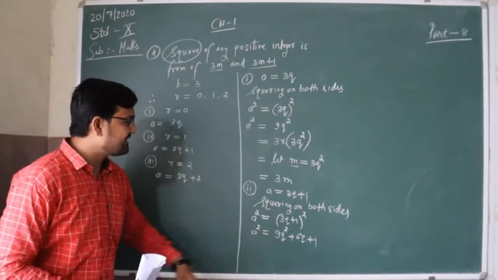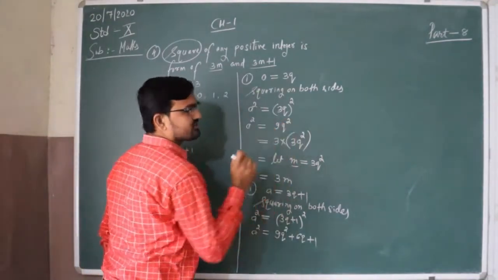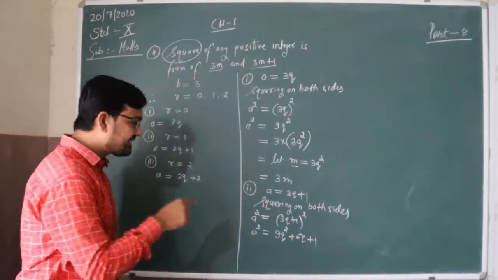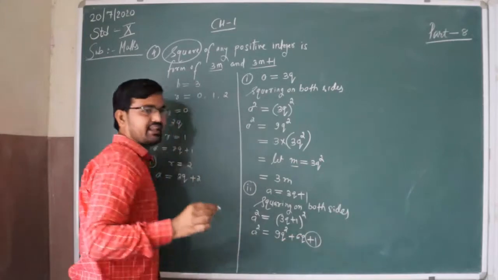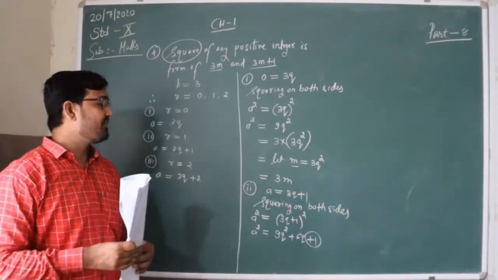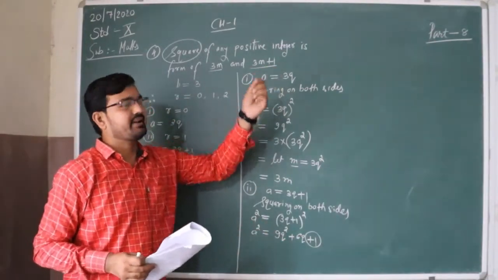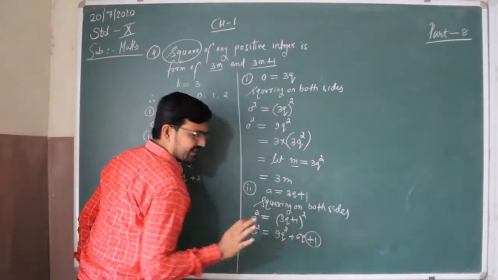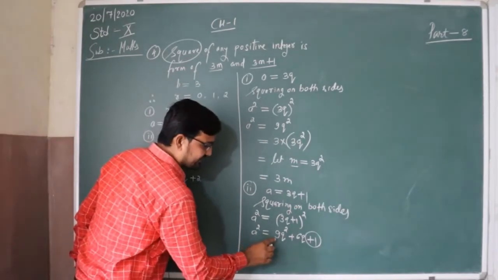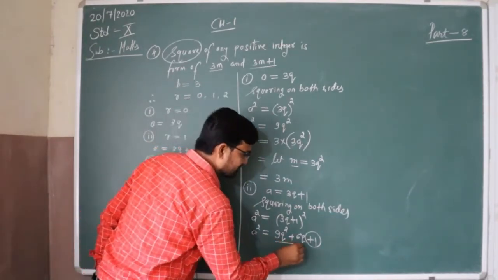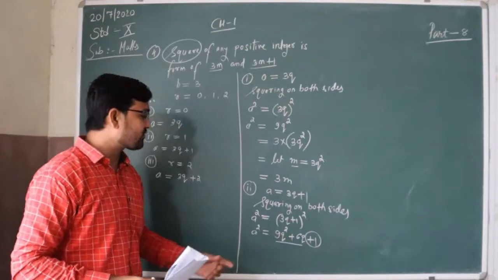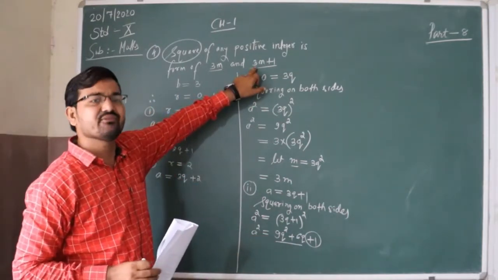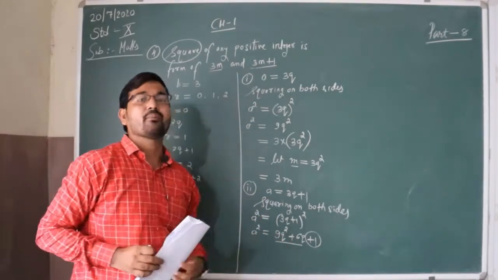Now what we can see here: in the previous question plus 1 was not there, so I converted it into 3m form. Here we can see plus 1. That means we can convert this into 3m plus 1 form. So how to do it? Leave this plus 1. Now two terms are there, 9q square and plus 6q. You need to see whether you can take 3 common from this or not. Why? Because we need to convert in 3m form. So we will take 3 common.